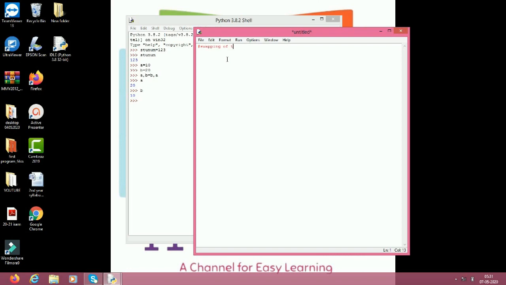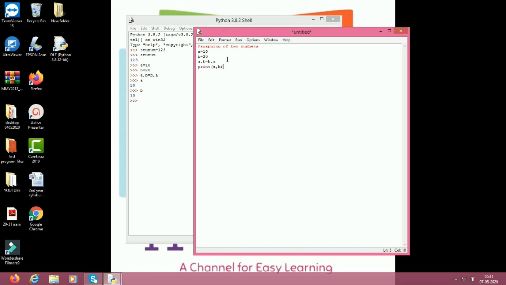Here I take one variable a = 10, b = 20. I write the swapping code a, b = b, a. Then print a, b.